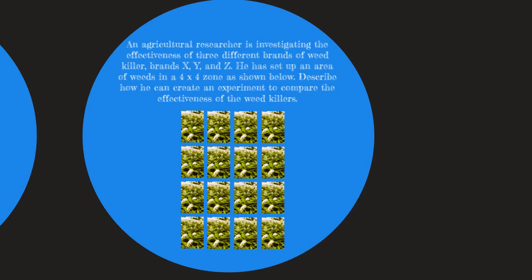And then the researcher will compare the amount of weed killer in the zones and see how exactly it compares to the other brands, how it compares to a control group, and then he can measure out the effectiveness of that weed killer. So this is an example of collecting data, figuring out,